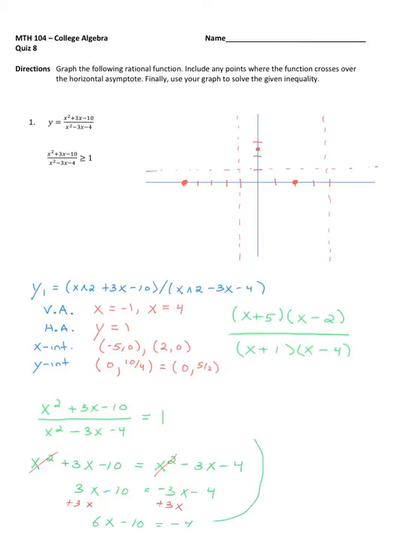I'm running out of room. I'll move that over here. If I now add 10 to both sides, I get 6x is equal to 6. Obviously after dividing both sides by 6, I get that x is equal to 1. There's exactly one place where this function crosses over the horizontal asymptote, and that occurs at x is equal to 1, so it must be referring to this spot right here. So I'm going to mark that